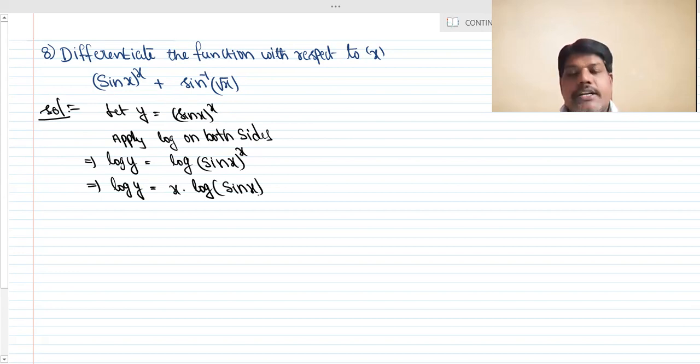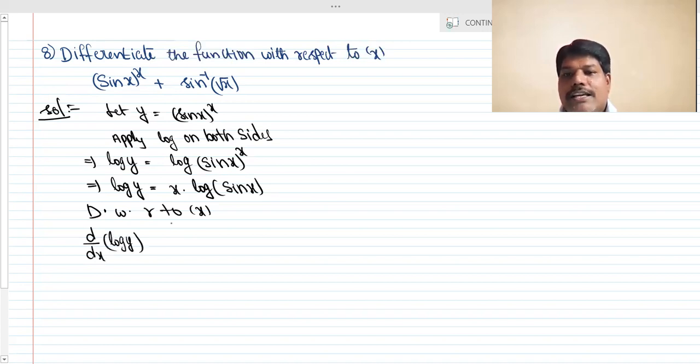So just differentiate with respect to x. What happens? That implies the derivative of log y is equal to, so here